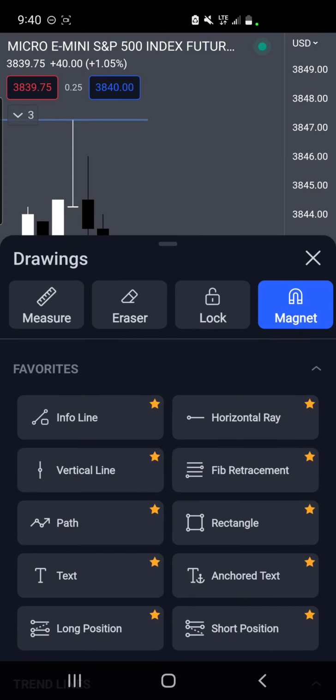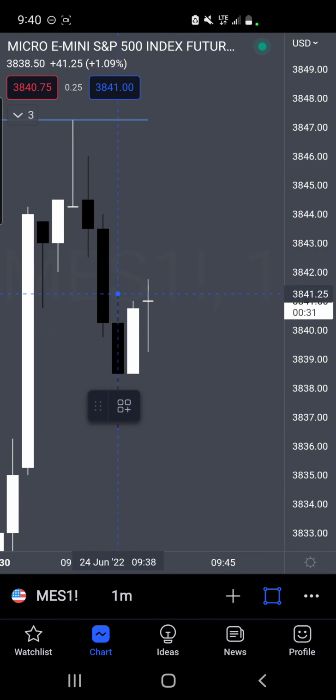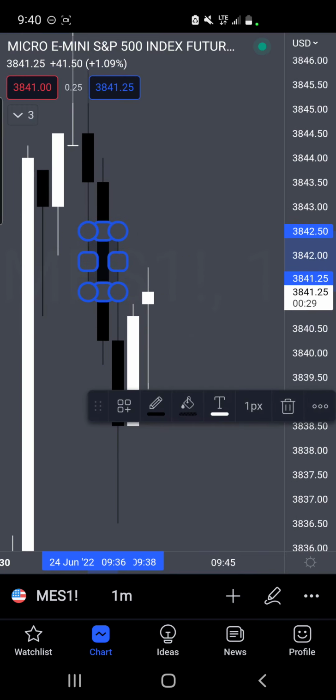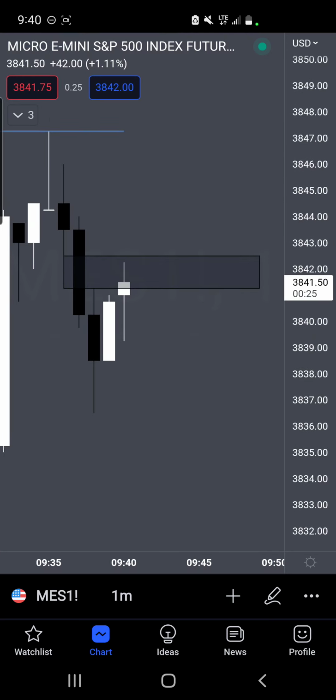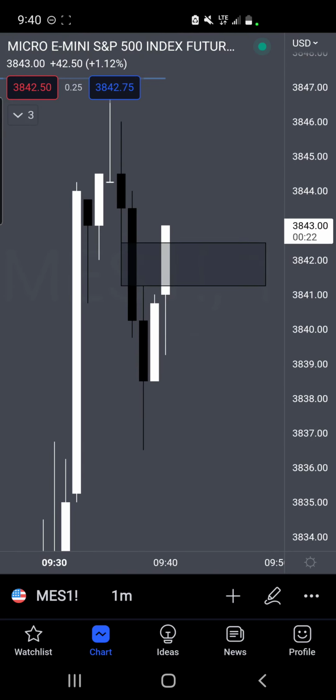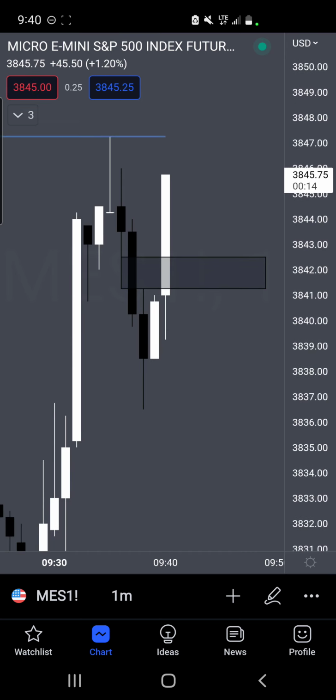Okay, so you see on the 1 minute, there was no real swing low created here, but we still created a gap. Let's see how price would react to that, because there was no real break in market structure here on the 1 minute, at least to me. I mean, that is displacement, but